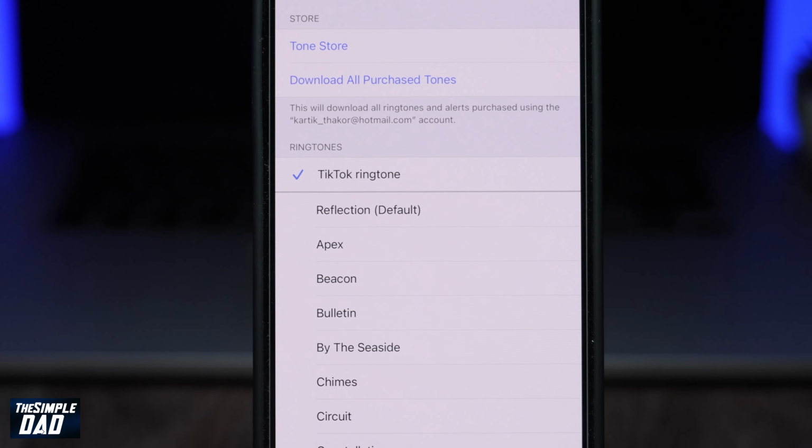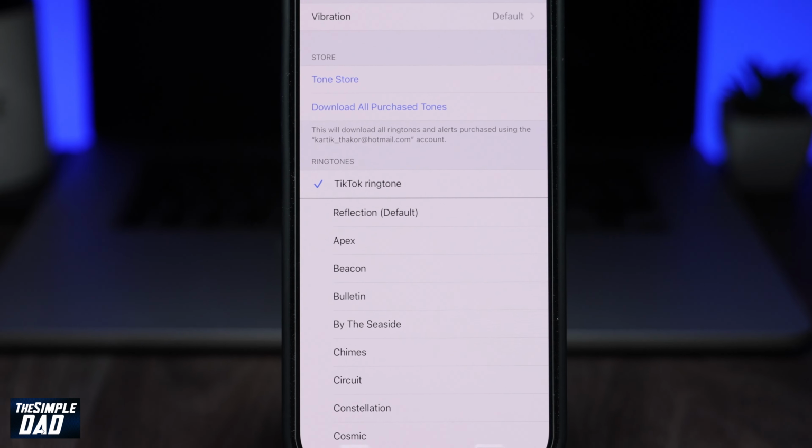Hey everyone, in this video I want to show you how to turn a TikTok video soundtrack into a ringtone